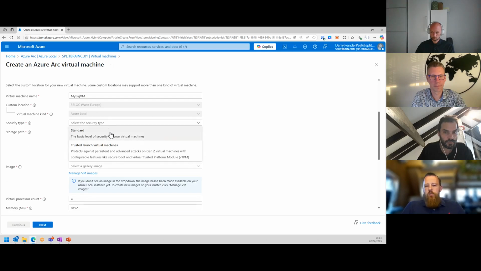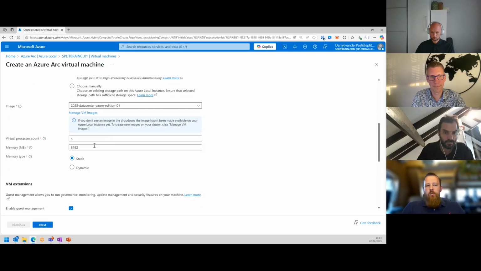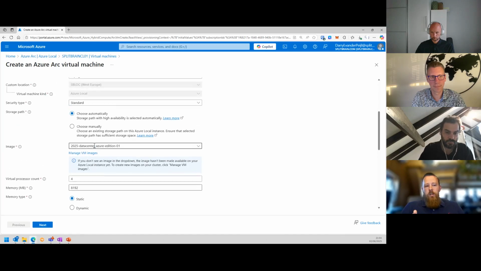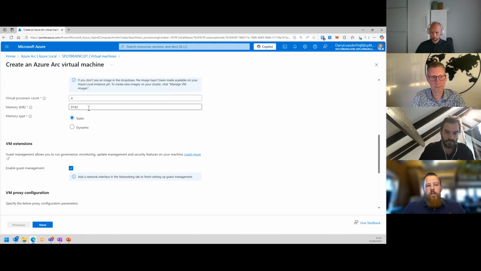This gives even greater flexibility and optimization for your entire platform, because if you know beforehand what your workload is, for instance if it's going to be very memory intensive, you can really optimize for that specific workload or workload type. You can see that right now where Darryl is clicking at the bottom of the screen. 4 cores and 8 gigs of memory. You can adjust that however you like.